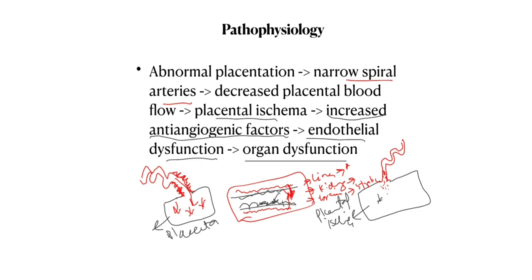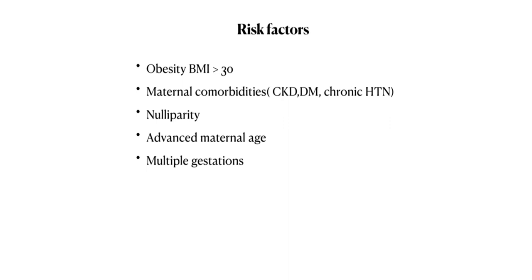And that vasospasm is also responsible for the hypertension. So hope this was clear about the pathophysiology. Then let's talk briefly over the risk factors. So the risk factors here include obesity, BMI greater than 30, maternal comorbidities like chronic kidney disease, diabetes, chronic hypertension,